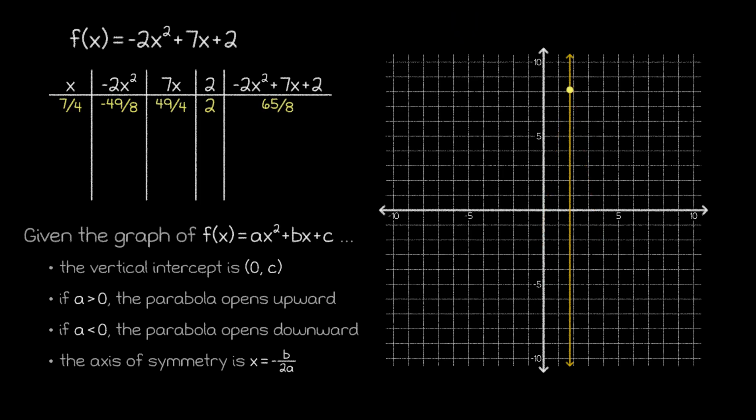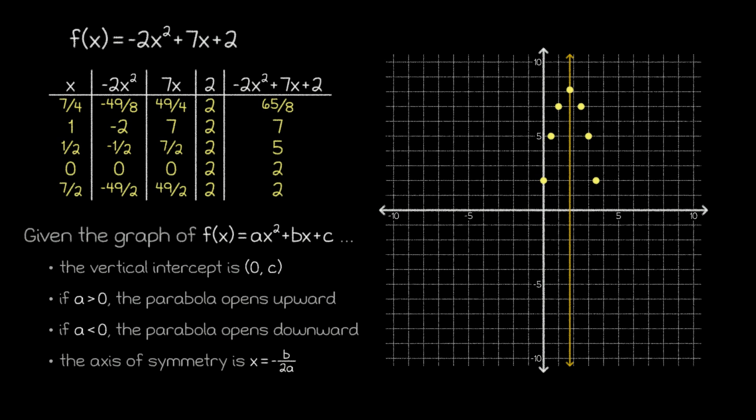From there, we can start plugging in other numbers, but each time we get a point, we can simply reflect that point across the axis of symmetry to get a corresponding point. This way, we can get 2 points on our graph with only one set of output calculations. Of course, it might be good to double check ourselves on some of these points, but eventually we'll see that this process is sound. And then, once we have enough points, we can finish the graph by drawing our parabola.